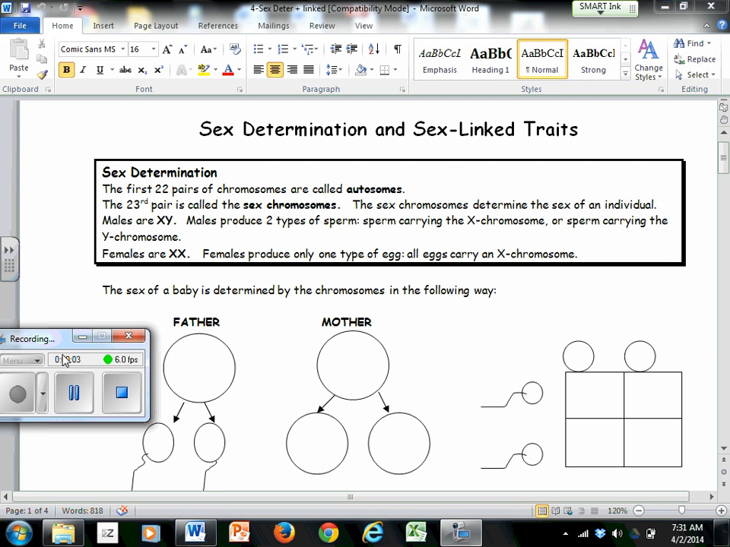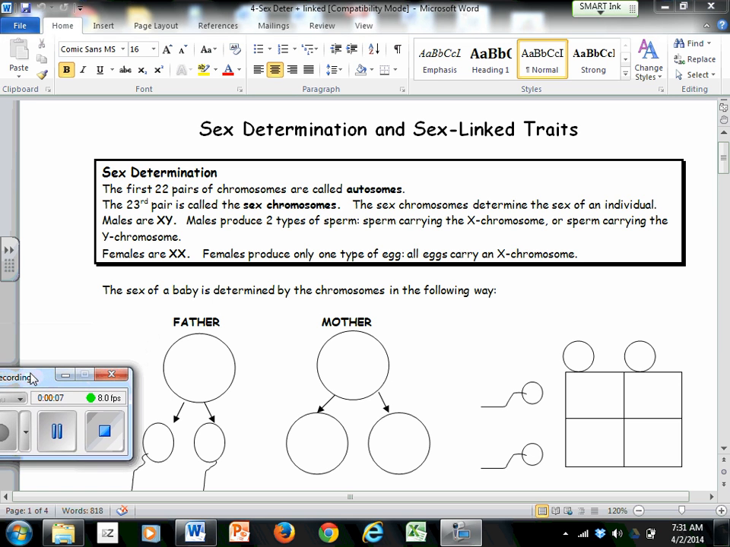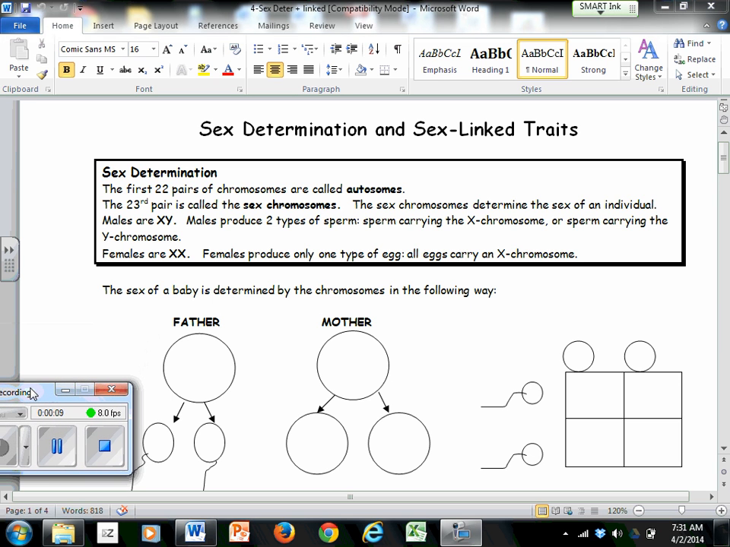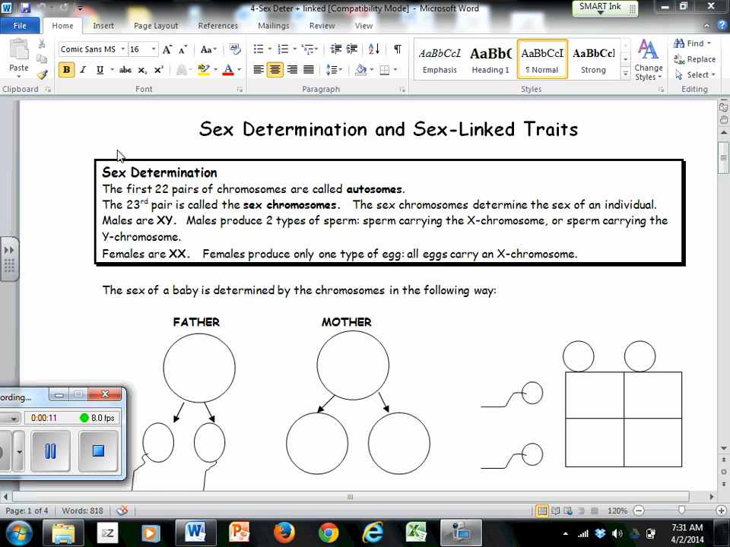Today we're going to talk about sex determination and sex-linked traits. And just to do a little bit of review before we go into some of these types of Punnett squares, I just want to review some basic gender or sex determination. So if you look at the top of the page here, something to keep in mind is that when we